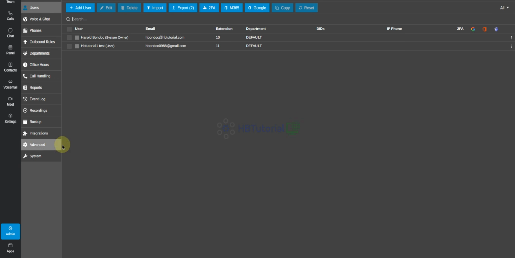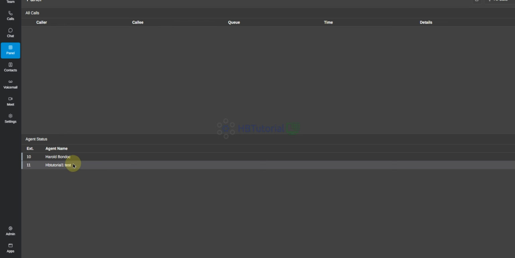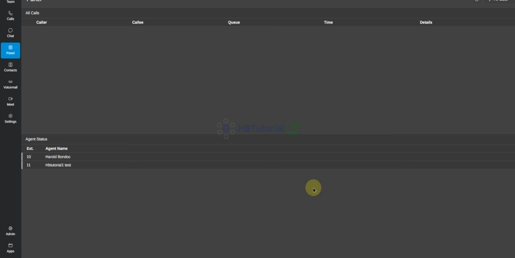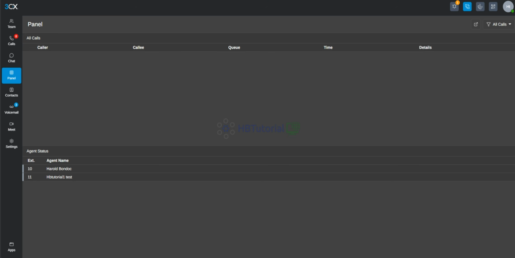Why is it not showing registered? It should be showing registered to work. You only download the apps and it's still not registered.